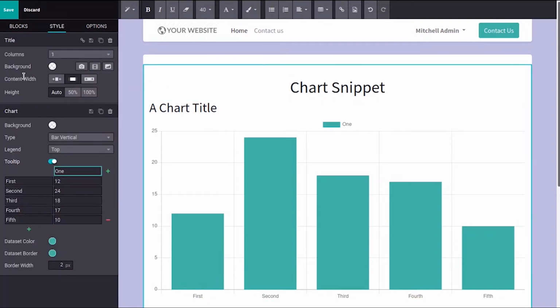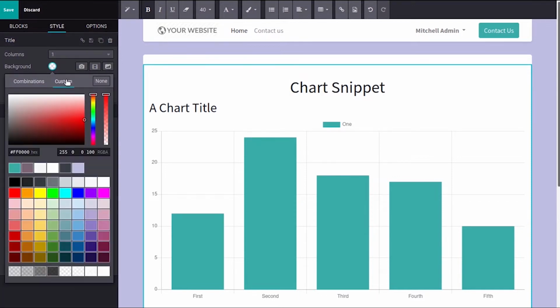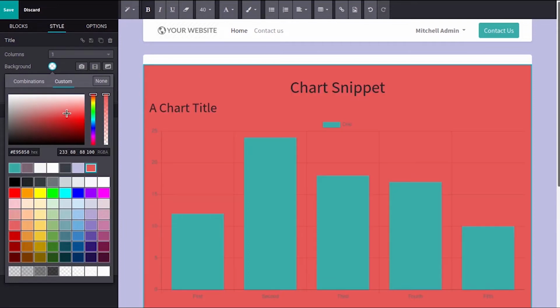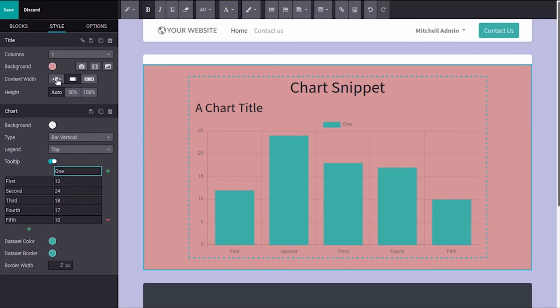Okay. Then you can see background. You can set a background for your chart, that is combinations and customs. Then you can set the content width, that is the width of the chart.